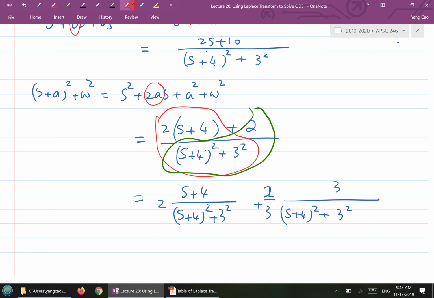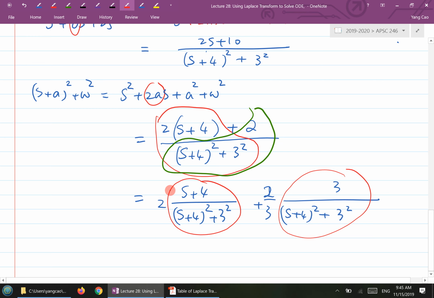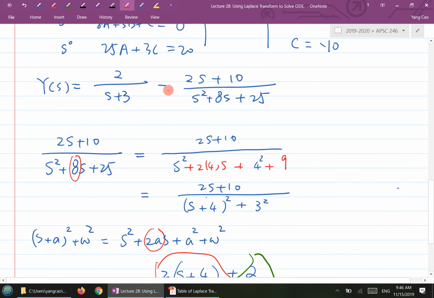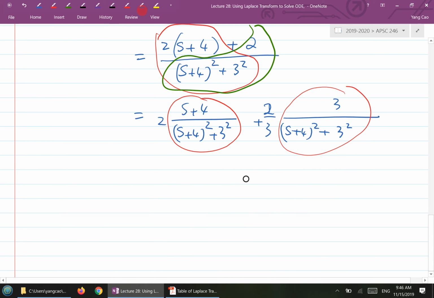Now this time, this term and this term are exactly in the same format as what's given in the table. So you can just literally take the inverse Laplace from the table. Okay. Move these 2 terms back into here. Don't forget a negative sign here. So now I'm ready to get